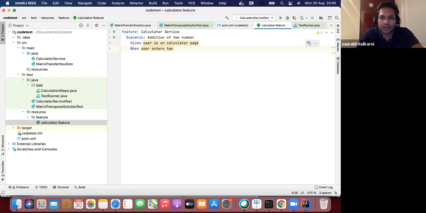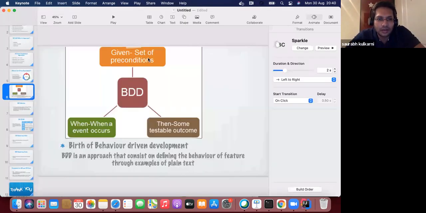There is a way to tell this in the feature file, which is number one and number two, because we're taking the two inputs. Given, when, and. Remember the diagram. So this is given, this is when, and this is then.